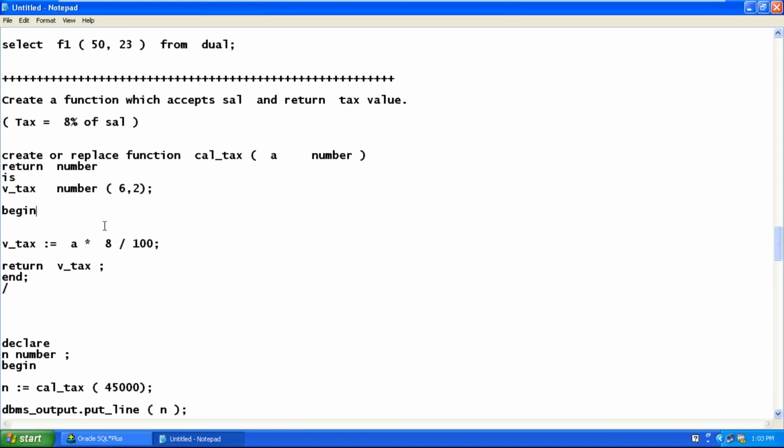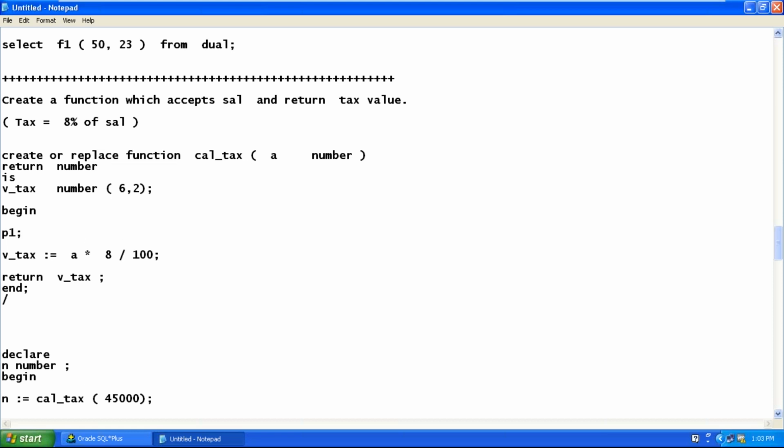In case you're calling a procedure, let's say P1, if that P1 has that insert command, then you'll get an error. Are you understanding? You're calling a procedure P1 from a function. Now Dilawar, your question is, can we call a procedure from a function?